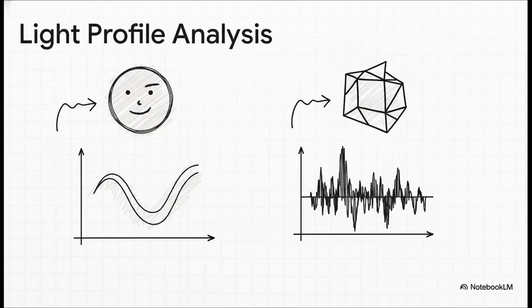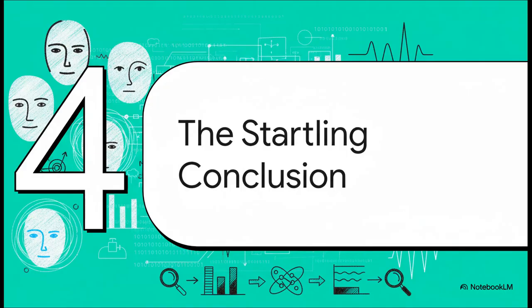So the interpretation is that the smooth curves of the real faces show how light naturally falls on a three-dimensional object that has depth and contour. That jagged profile of the transimage, though, it just doesn't seem to reflect the physics of light on a physical surface. Instead, the document suggests it looks a lot more like digital interference, or maybe even a modulated signal of some kind. So after running all of these tests across both case files, analyzing everything from tonal depth and frequency to entropy and light profiles, the document arrives at a pretty startling conclusion.